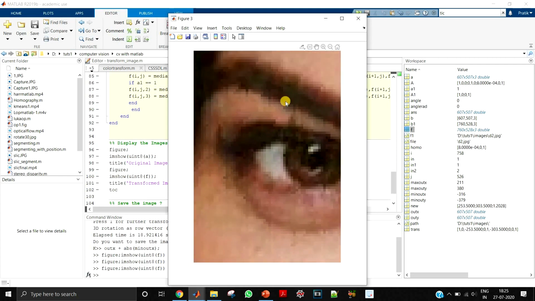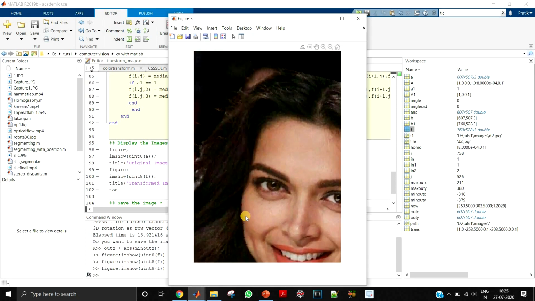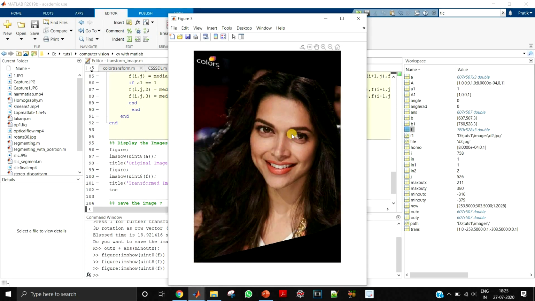So this defect is only because of the median filter. So you can use the different interpolation techniques, and you will get different results accordingly. So the image quite looks good if you don't zoom in too much. So that is okay, it depends on how good you want the image.